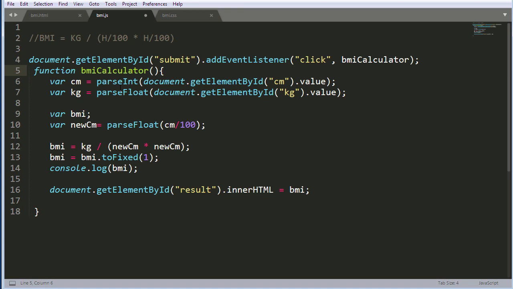The parseInt basically is a function that parses a string and returns an integer. Okay, that's what we're doing here. So we're passing a string but returning an integer. An integer is a number, and we're using the